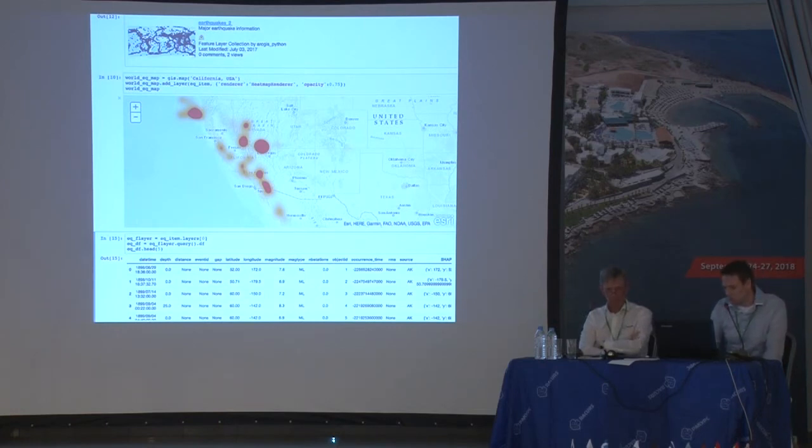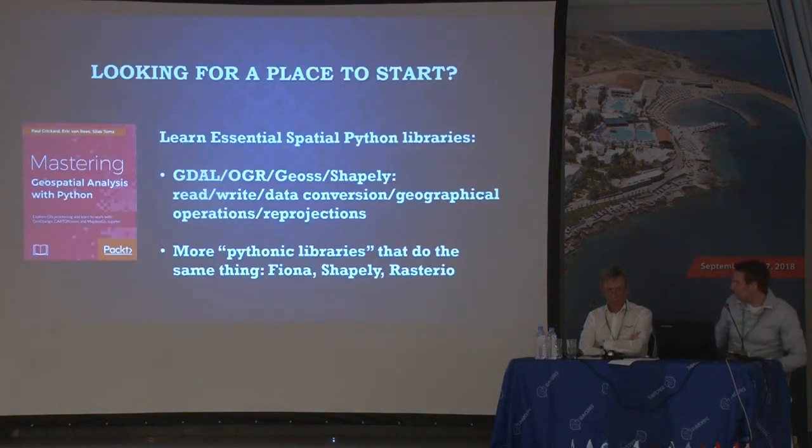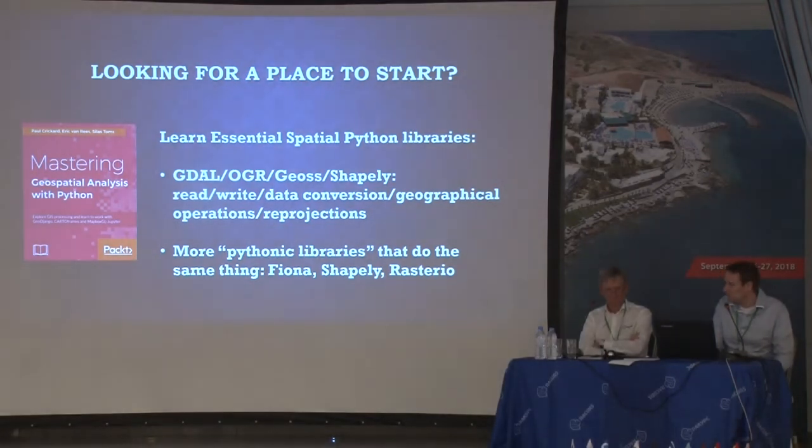So this book is a good place to start. We think, my part of the book. So I wrote it with two experienced developers. This was my first book, so I took the first chapters of the book that cover the GDAL OGR library mostly. This is really an essential library to know if you work with spatial data. If you do file conversion or open different file formats, you have used GDAL, because every major spatial application uses GDAL. It's open source. The only problem is that it's written in C++, and there are Python bindings, so you can use it in Python, but